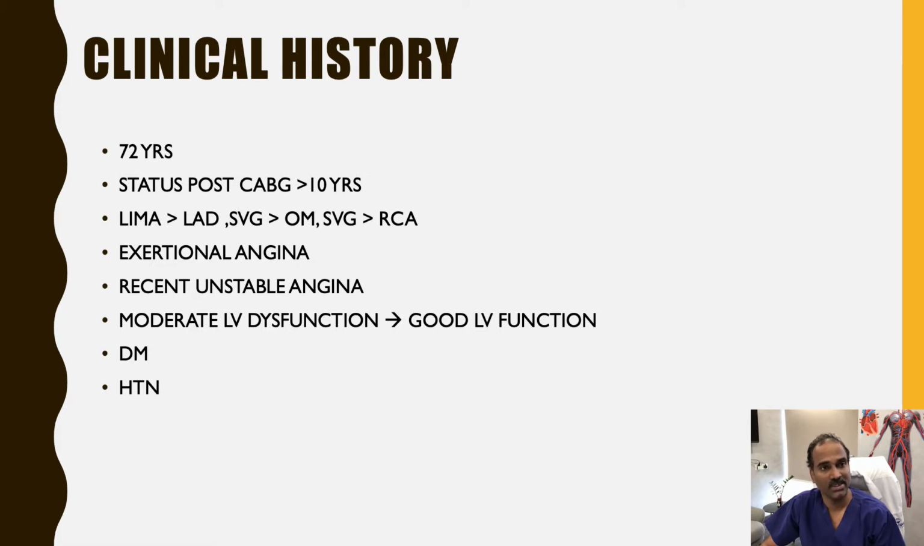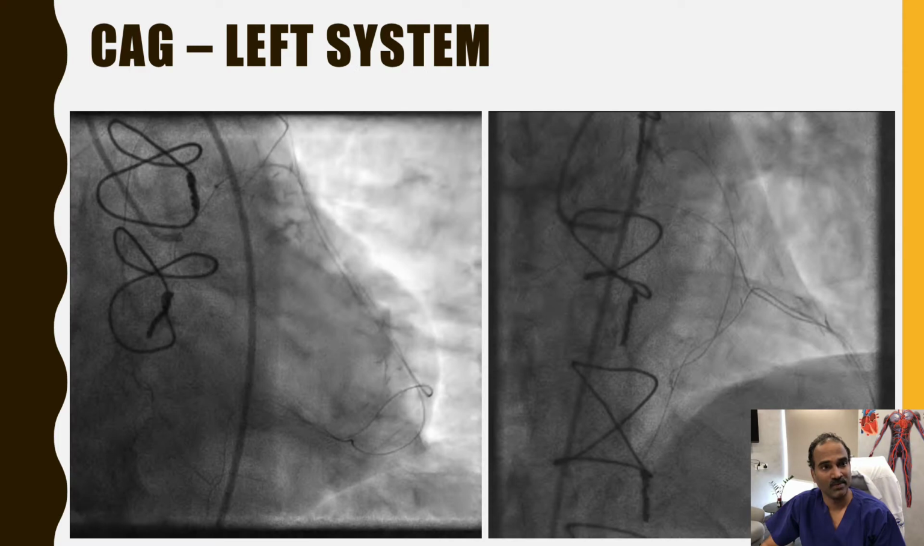This patient came with exertional angina and also recent unstable angina with syncope. At the time of acute coronary syndrome, he had moderate LV dysfunction, which subsequently improved to good LV function. He is diabetic and hypertensive. So angiogram was done showing